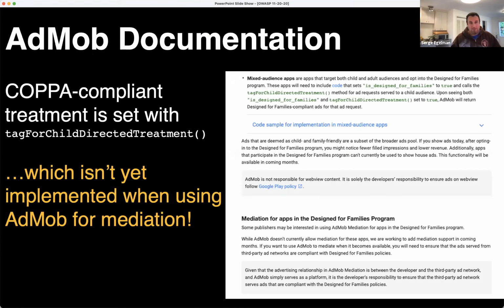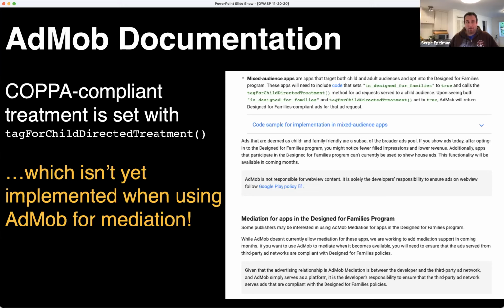The thing that we missed, and that it appears the Duolingo developers missed as well, is that if you scroll all the way to the bottom of the documentation at the time, it says that forwarding these flags on doesn't occur when AdMob is in mediation mode. When AdMob is used as a standalone ad network, you call this function, tag for child-directed treatment, and that will signal that the app should be COPPA compliant.